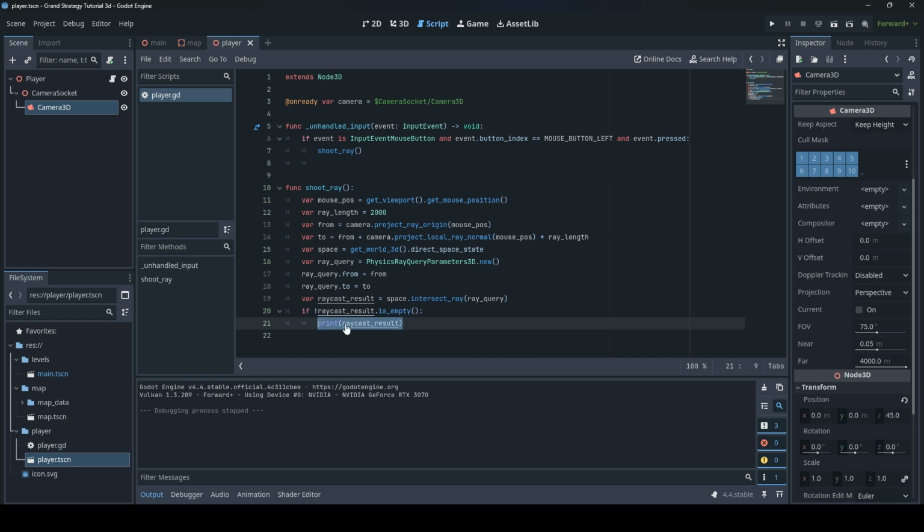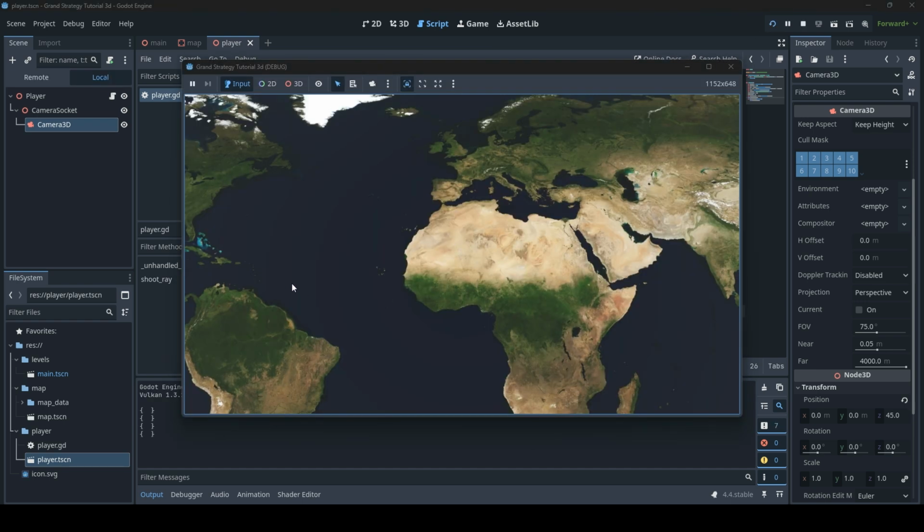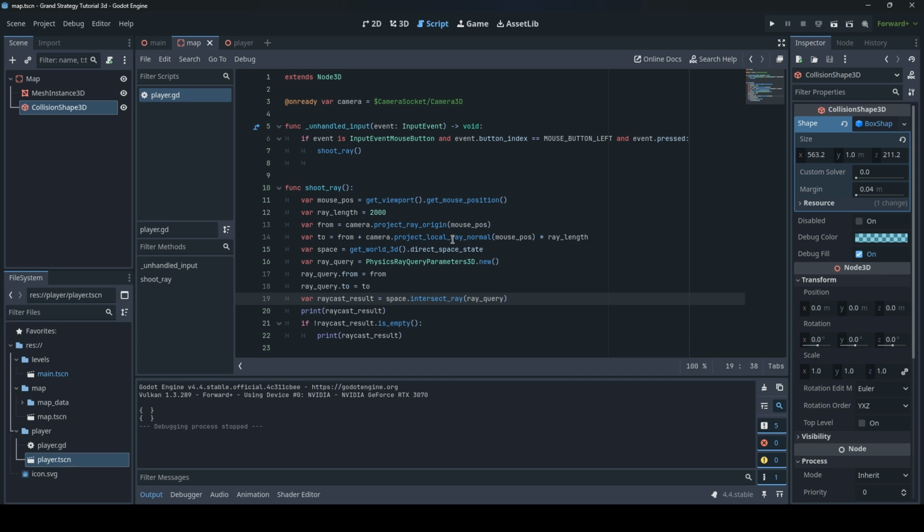Okay, let's try to print before and see. Yeah, so it's all empty. Why is that? Okay, I found a mistake. It's not project local array, it's project array normal. So